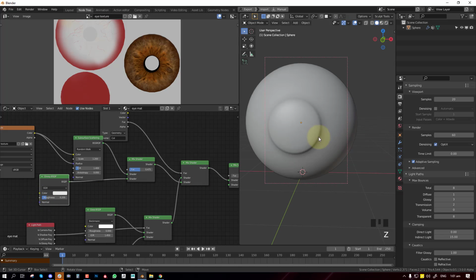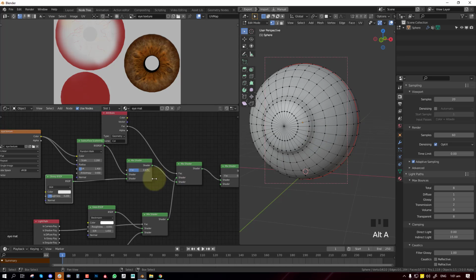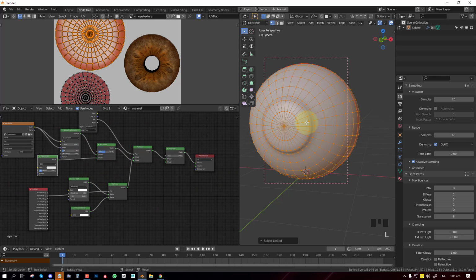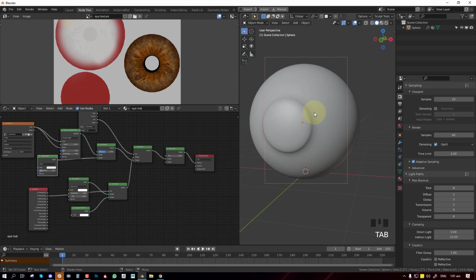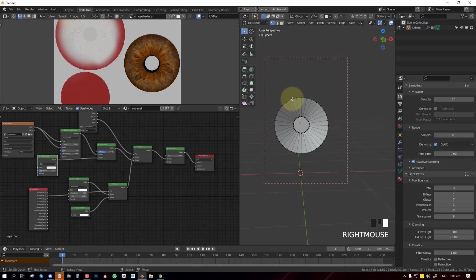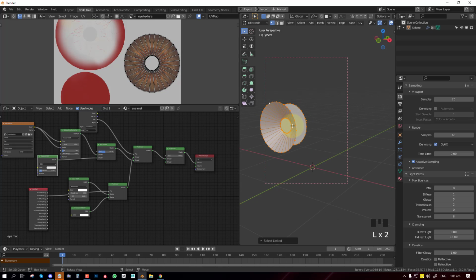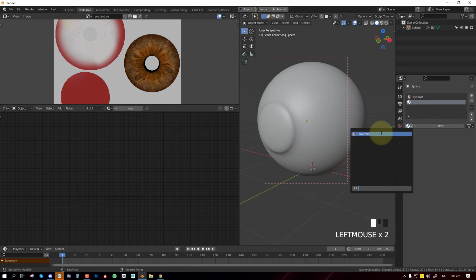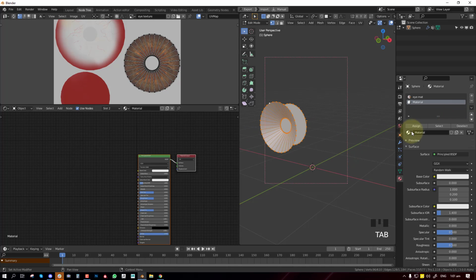Okay, so one thing you can do, because we could make this shader quite complex with several maps, because the outer part will be subsurface, and this part will need to be diffuse. So instead of using a mask, we'll just create a new material and fix that. So create a new material and assign this.